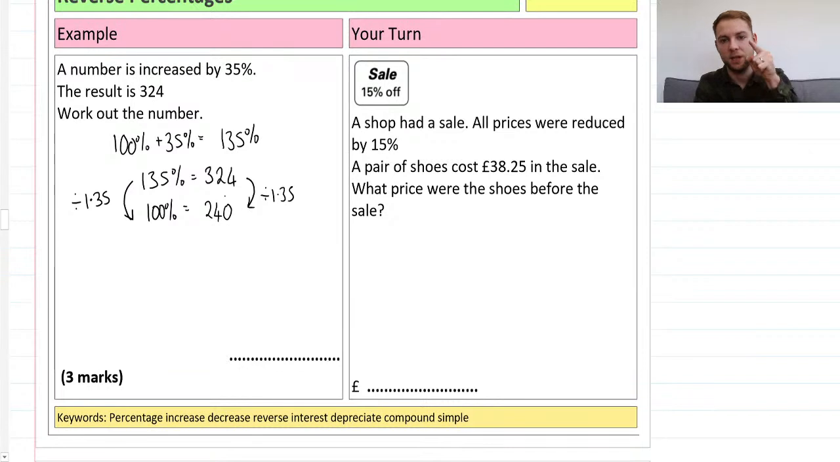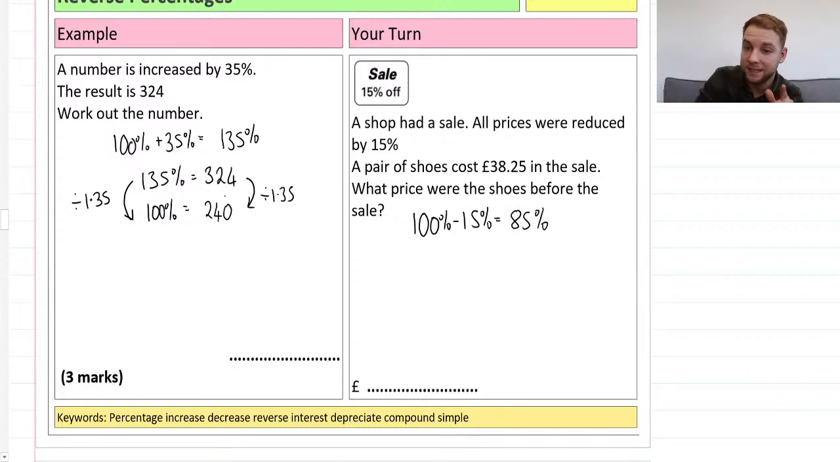Okay, let's have a look at this one then. A shop had a sale and the prices were reduced by 15%. The shoes cost £38.25. What were the prices before the sale? So it's been reduced by 15%. So this one here is 100%. Reduced, minus 15% is equal to 85%. So it's saying that the £38.25 is that. So 85% is equal to